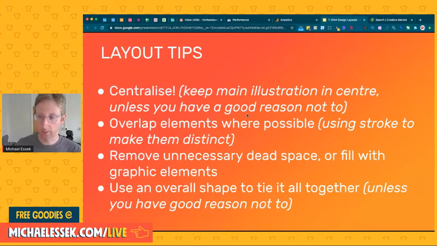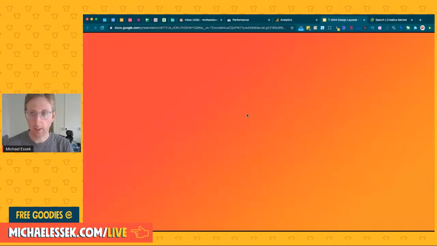So we gave you those examples of shapes. Look at those. You can get them from michaelessick.com/live. Look at that list of shapes or keep it in the back of your mind and simply ask, which one of these works best? If I've got lots of text, which is the best way to lay that out in one of these layouts? And